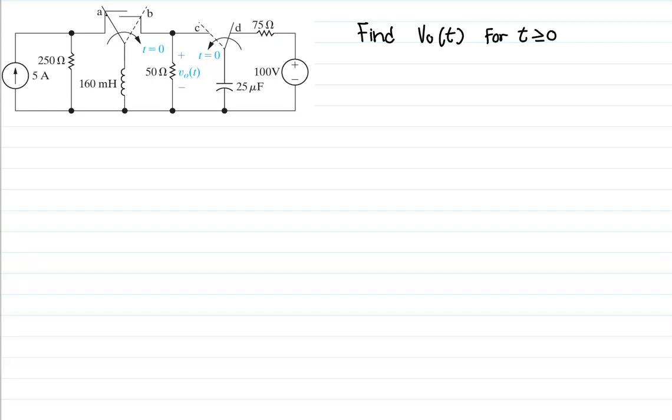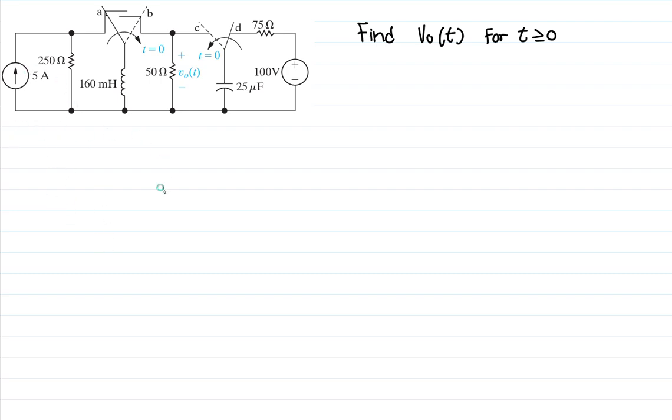Now here we have an RLC circuit and we are required to find the Vo(t) for t is greater or equal to 0. So the first thing that we have to do is to find the initial inductor current and the initial capacitor